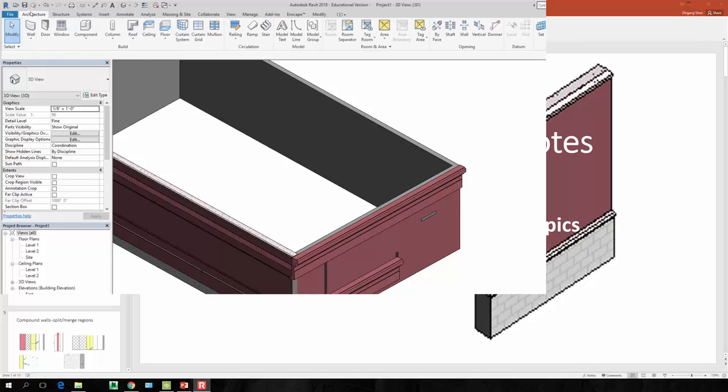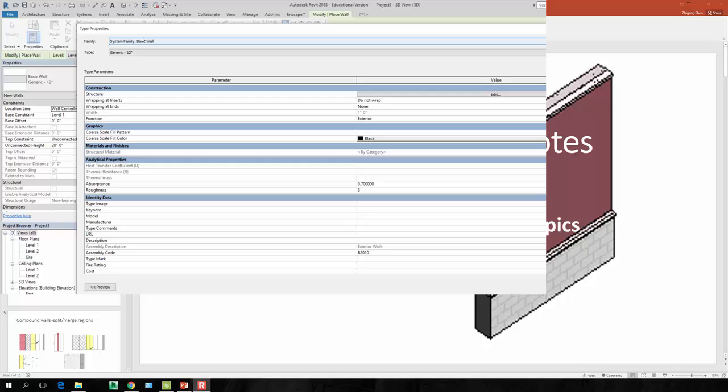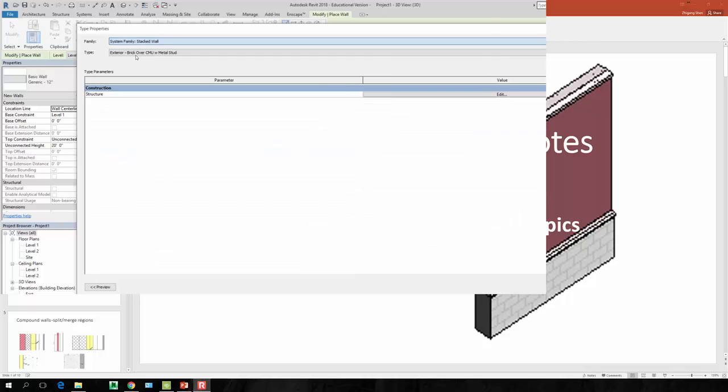So if you go to wall, say, architecture wall. So if you go to edit type. So here you see basic wall, and if you click on the very end, you can see there's three wall families, right? Basic wall, curtain wall, and stack wall, right? Stack wall. So we said we're going to talk about curtain wall next time, but the stack wall, if you click on that,